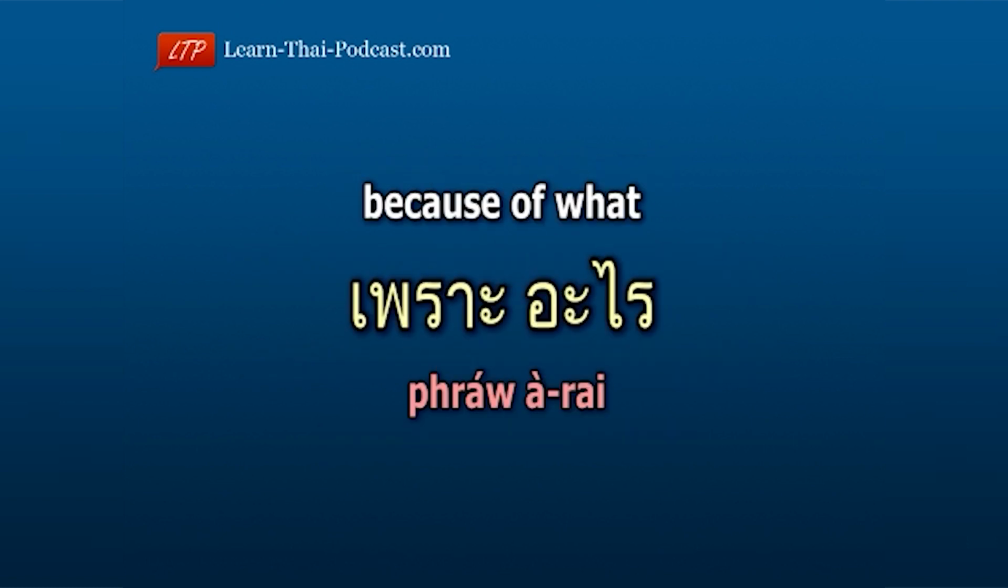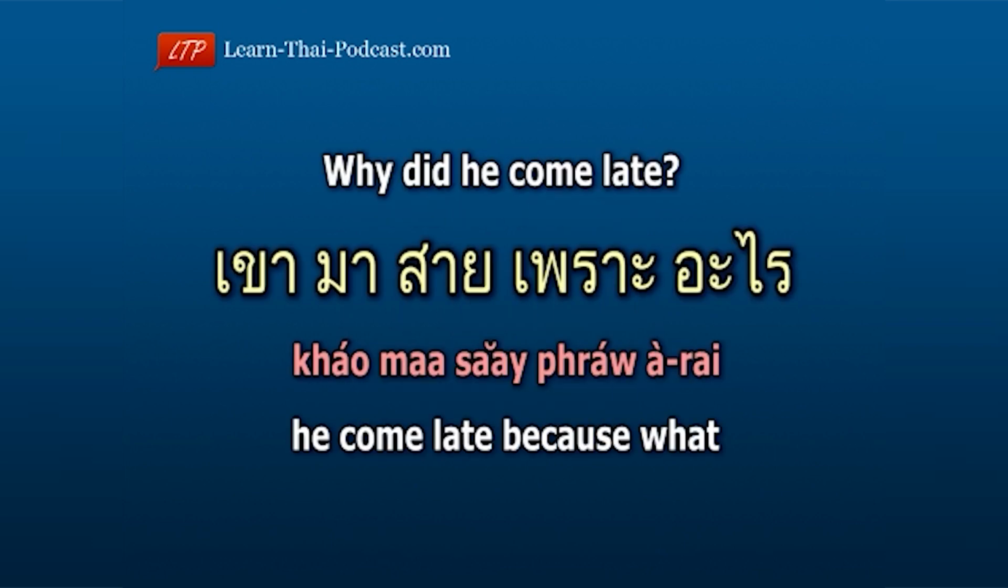Another way to form a question with the word why is to use the phrase เพราะอะไร, which means because of what. It is more formal than just using the word ทำไม. Here's an example. Why did you come late? เขามาสายเพราะอะไร He เขา, come มา, late สาย, because เพราะ, what? อะไร He come late because what? เขามาสายเพราะอะไร